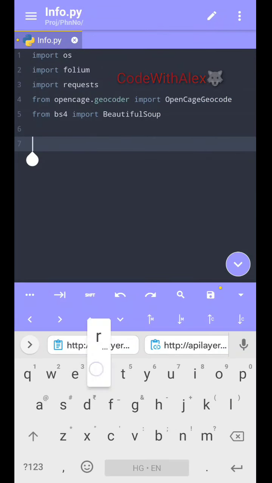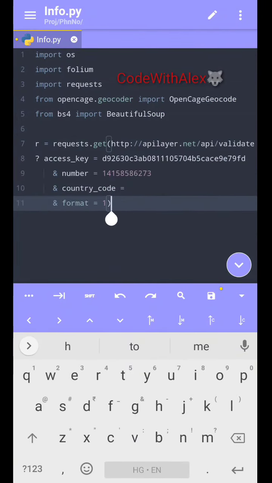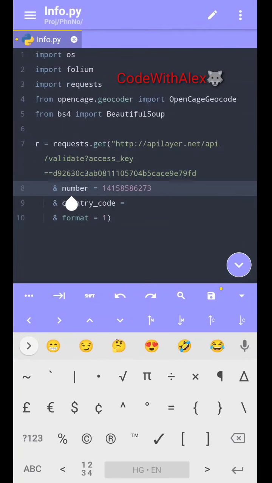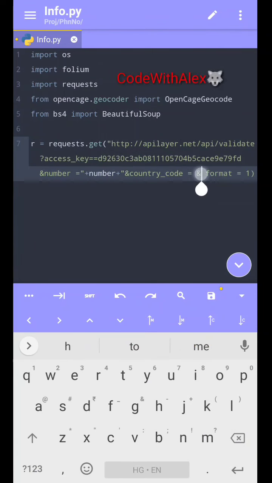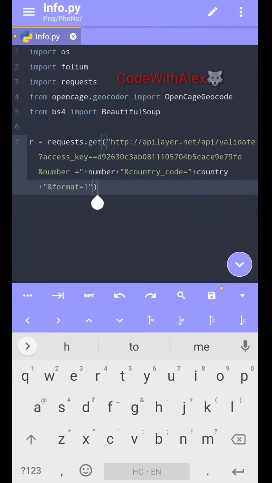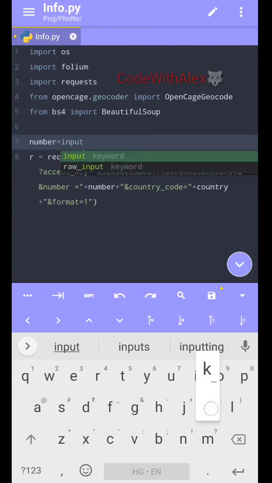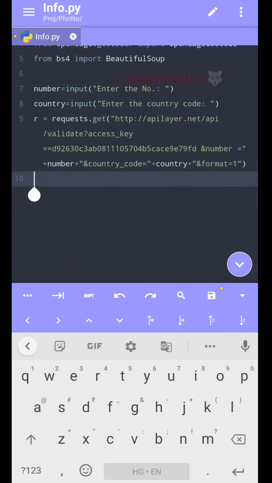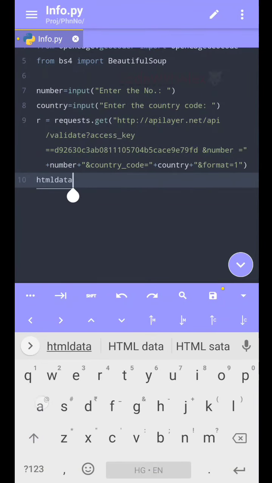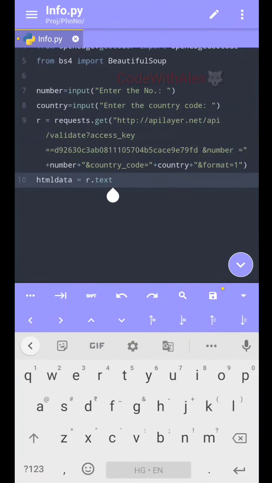Now we are going to go to this link from Python, and to do that we are going to use our requests module. As you can see that we have used two variables, number and country. Now we'll have to create these two variables, and remember that you have to create them before this requests variable R. As you can see, this R variable will get the web page. Now we have to get the HTML form of that web page. So we'll make a variable html_data which will be equal to